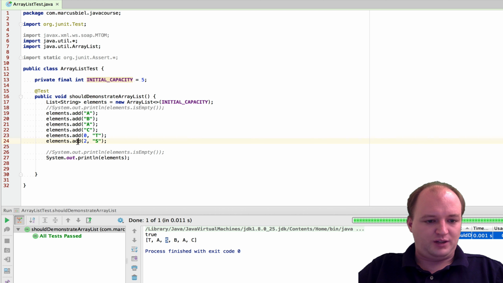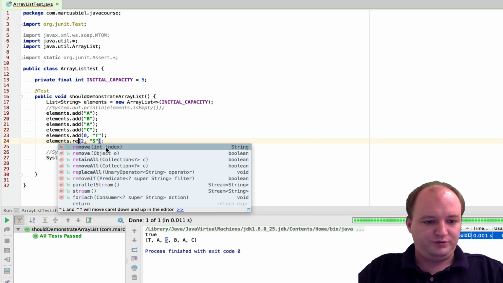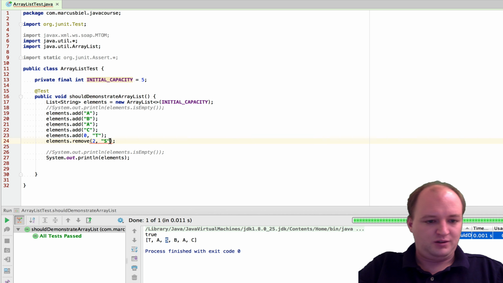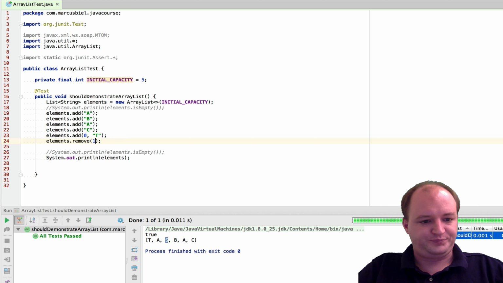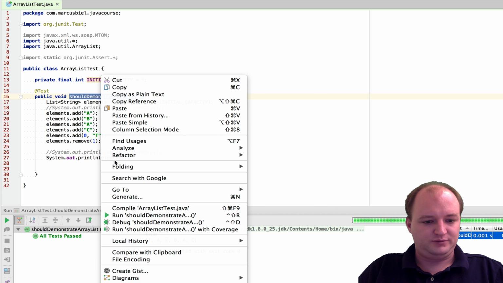Okay, so let's also remove something. Let's say I remove index 1, which should be the b.